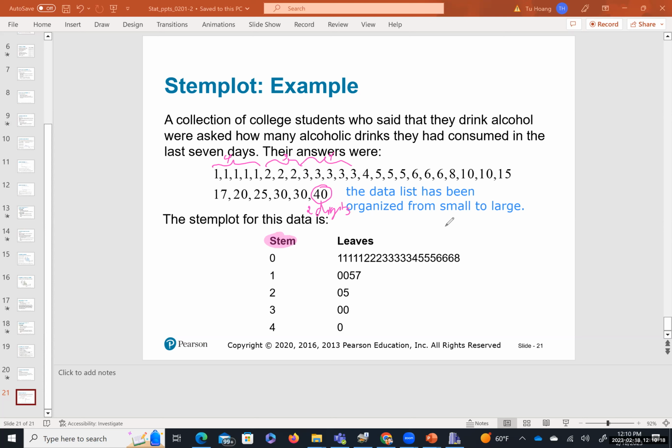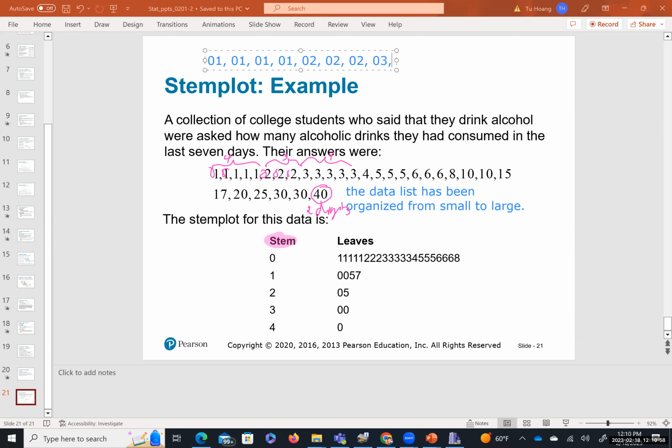So the first digit is going to be the tens. So I'm going to convert all the data values into 2 digits. So 1 can be rewritten as 01, 2 can be rewritten as 02, something like that, right? So I can write it again here: 01, 01, 01, 01, 02, 02, 02,